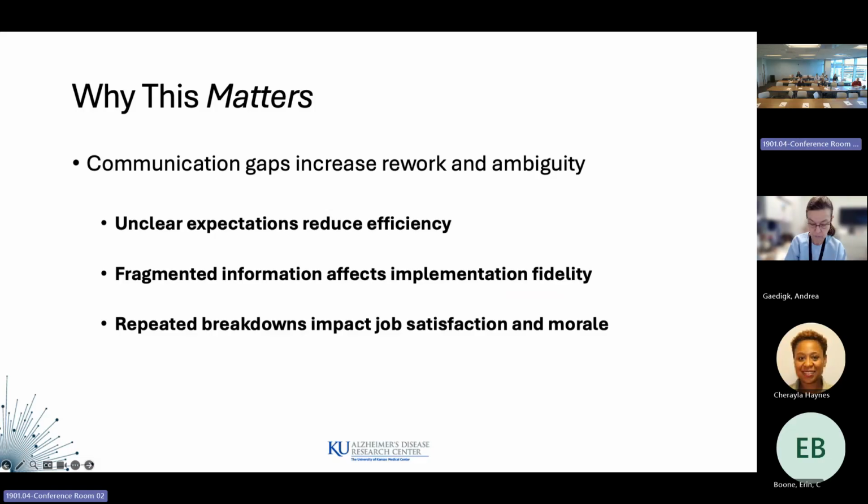And then this is kind of the most important point to me, that these repeated breakdowns impact job satisfaction and morale. If you keep having to do rework, if you have a reduction in efficiency, if you feel like you're not being heard, if you feel like you're not really understanding what's being asked of you, it's really frustrating. And that can lead to burnout.